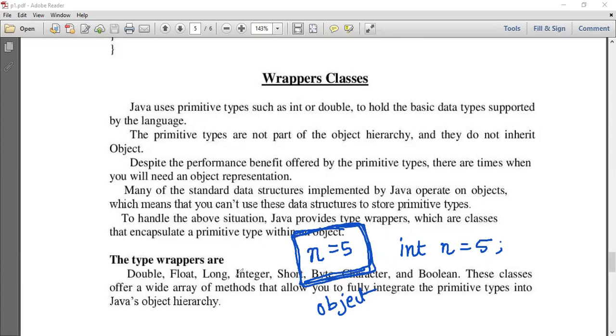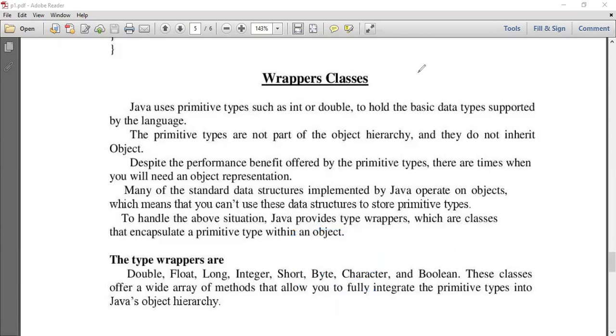So Java provides certain wrapper classes in order to wrap or store the primitive data types as objects, and those wrappers include Double, Float, Long, Integer, Short, Byte, Character, and Boolean. If you observe here, for each of the wrapper types, the first letter is capital.